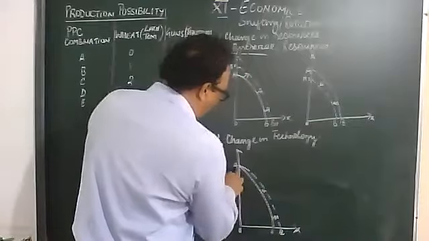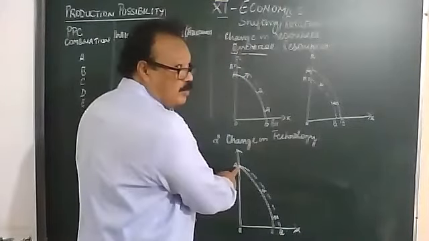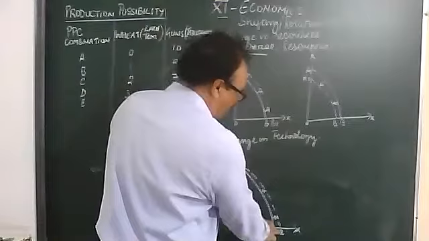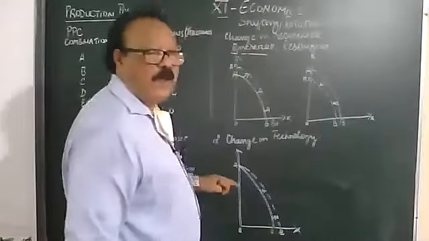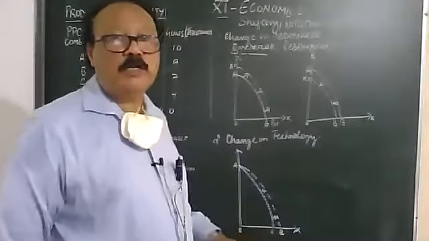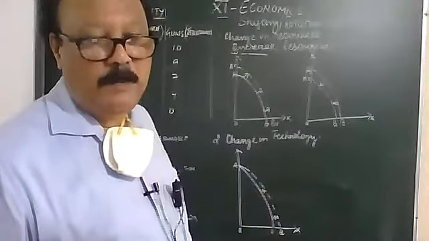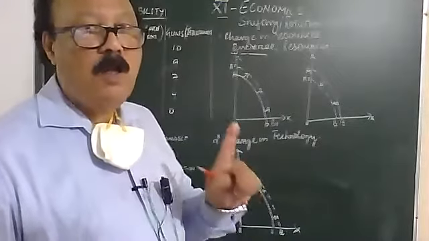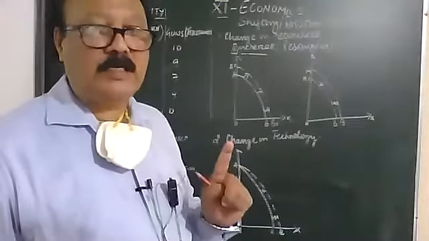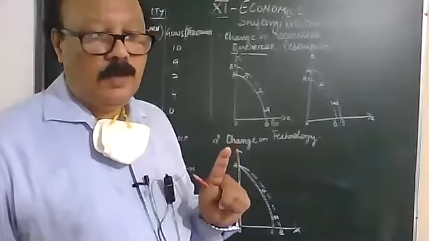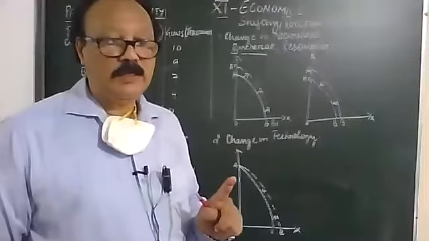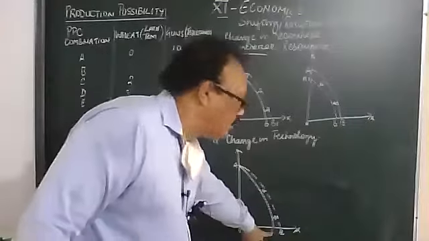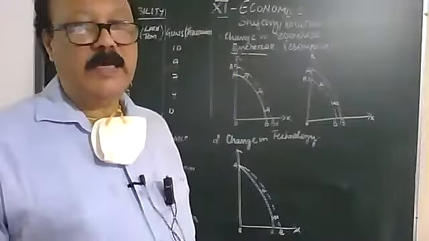B1. What is happening to Y? Y remains constant. Y will remain as it is. But what is being increased over here? The production of X. And so this is called the rotation of the PPC when technology is increased for commodity X. So more production of X and PPC will rotate towards the X axis.